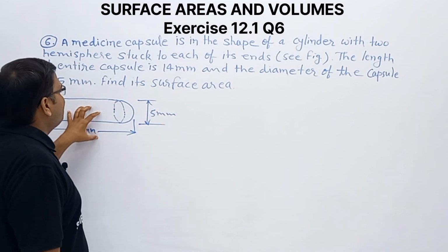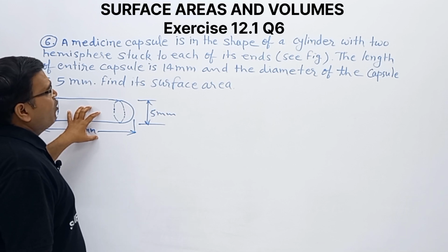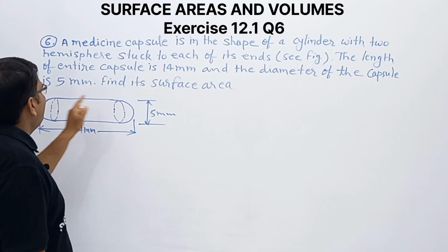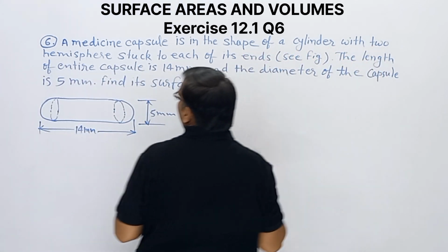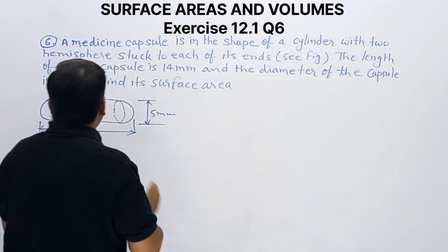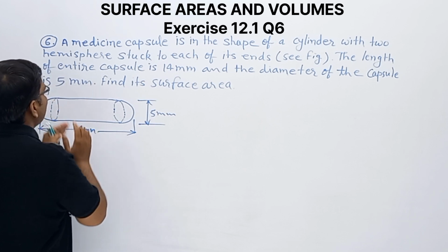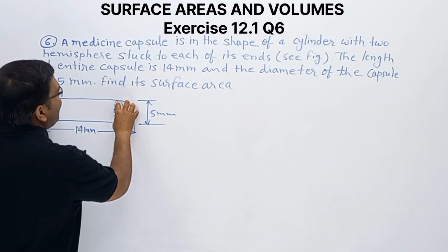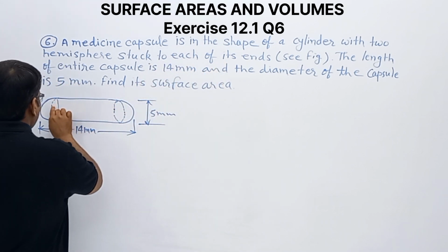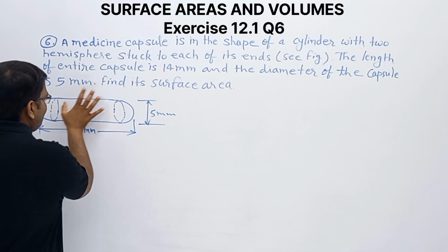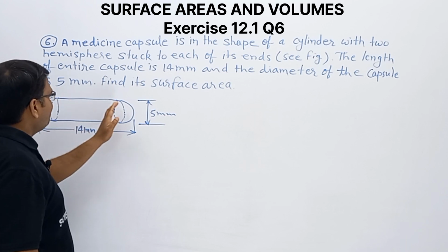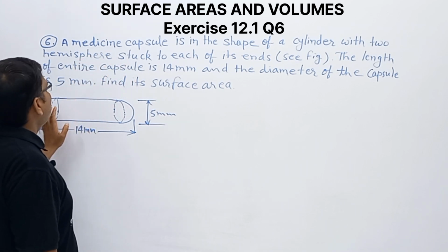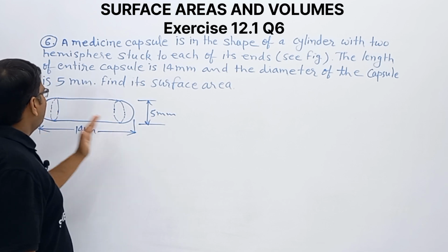We have one medicine capsule. It is in the shape of a cylinder with two hemispheres stuck to each of its ends. In this capsule, the capsule is in the shape of a cylinder, and at the ends of the cylinder we have stuck hemispheres. The length of this entire capsule is